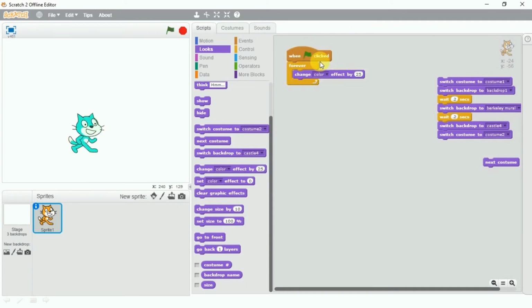Got it? So now let's change the fisheye effect. Got it? Now next is whirl. Got it? Now next is pixelate.